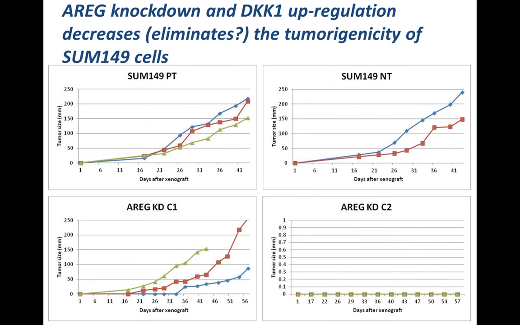We've never been able to see a tumor in animals. We've done this experiment several times. You always get nervous about totally negative data. It's like, oh man, somebody killed the cells, or somebody spilled them on the floor, or all kinds of crazy things go through your head. But we're pretty convinced that these cells have completely lost their ability to make tumors.